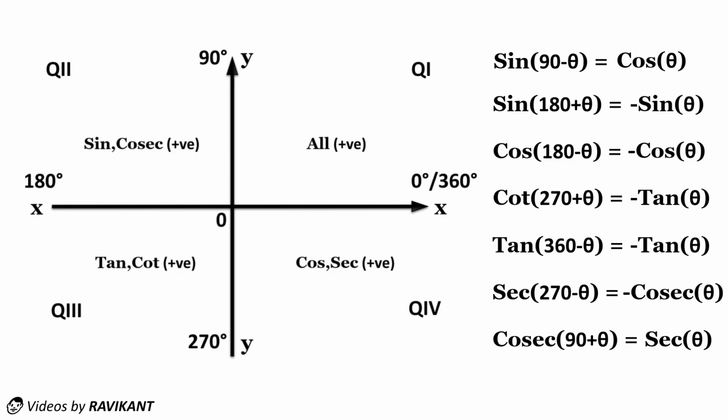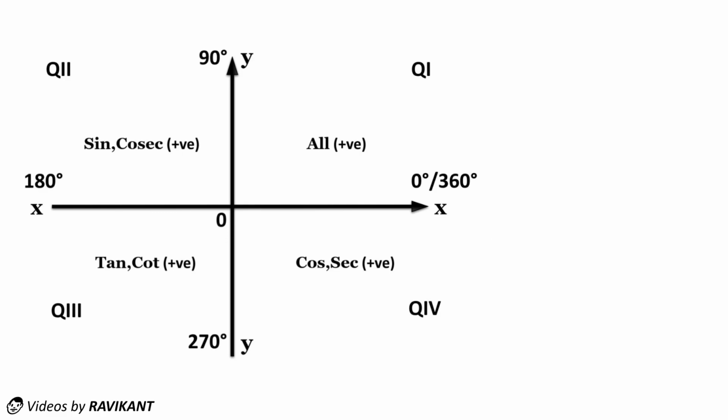So these are some examples in which we have learned how the trigonometric ratios change with the given angles. I hope you all understand very well. Now we solve some questions so that the concepts become more clear. Let's take tan 135 degree. We have to find out what would be the value of tan 135 degree.